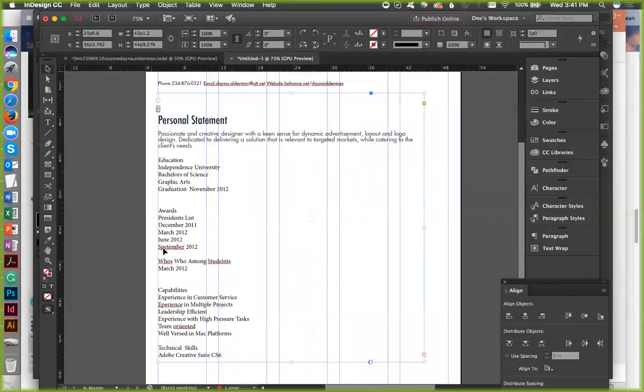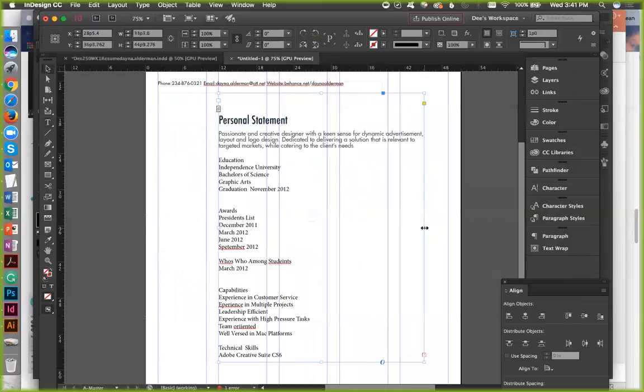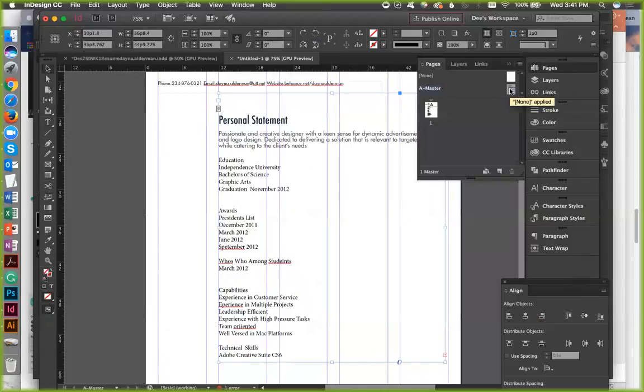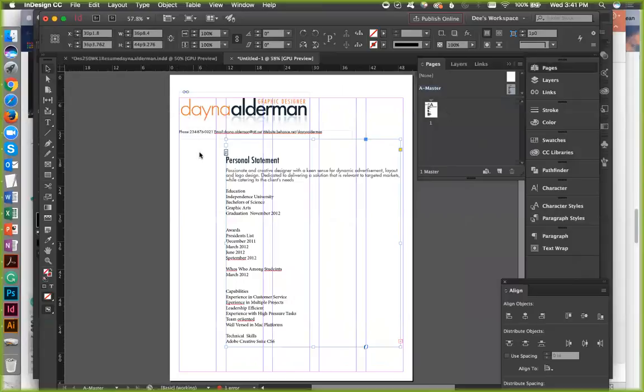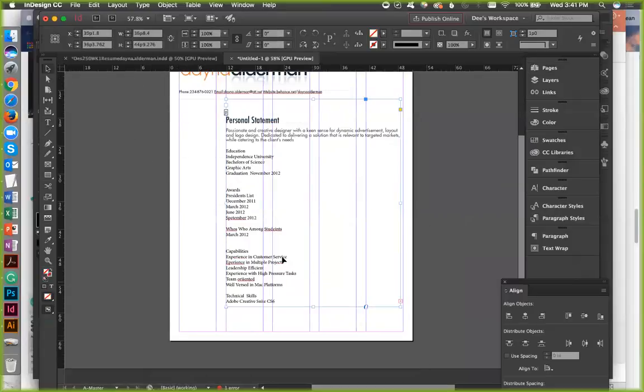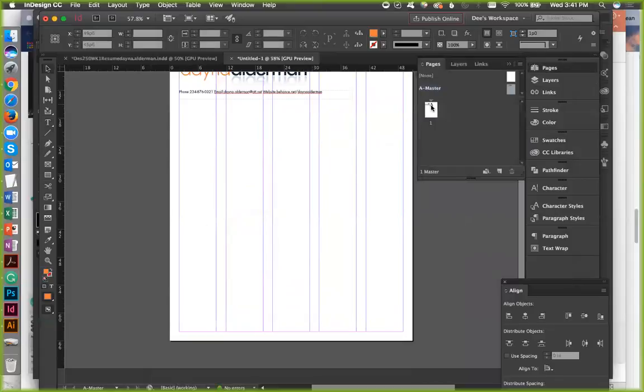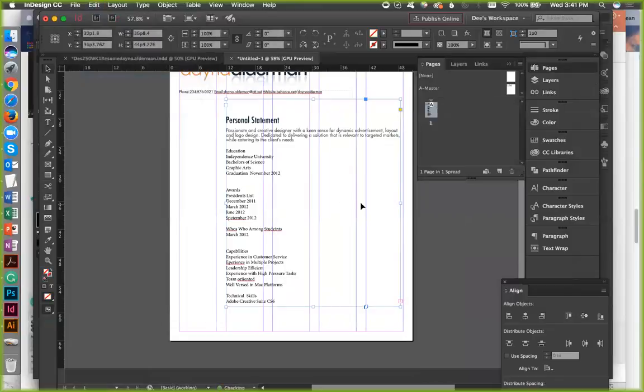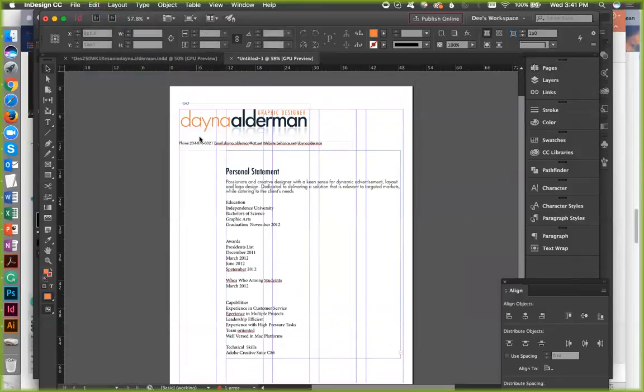All right. So I'm going to utilize my columns, and I think I'll do that. 6. I think maybe I'm going to actually need more columns. Oh, I'm on my master page, and I should not be. We'll take this out of here. Command X. The pages, double click, and edit, paste in place. There we go. Now this is on my master page, but that's okay. That's what I want. I want that on all pages.